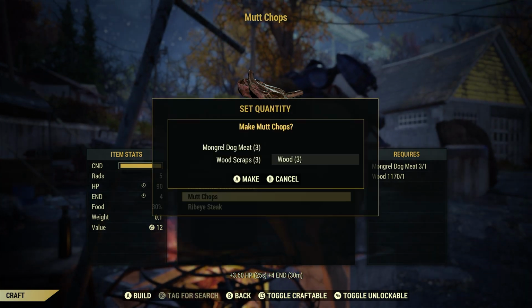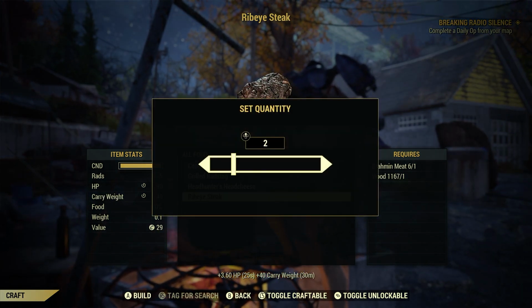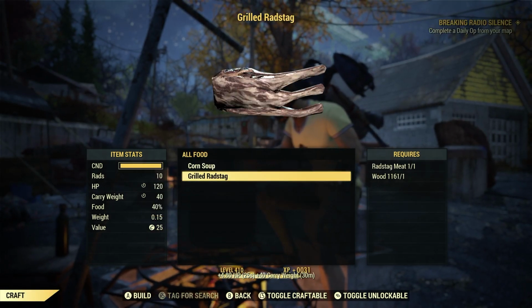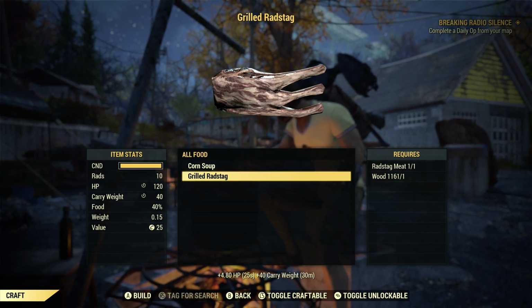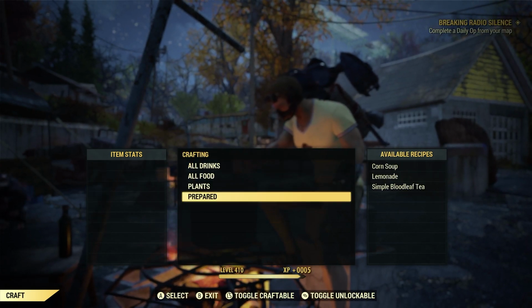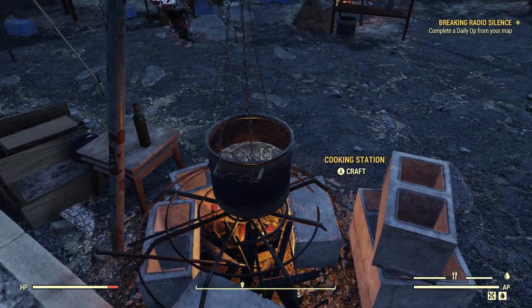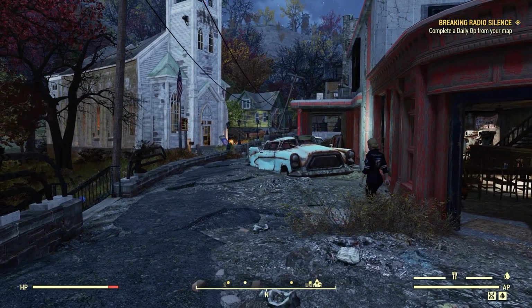Now, all these recipes here, these are simple recipes you automatically learn by harvesting the corn, harvesting other types of flora, and like the grilled rat steak and the meat there, ribeye steak. That is all simple recipes you automatically learn by simply picking up the meat. Okay. All right. So now we have some meals,